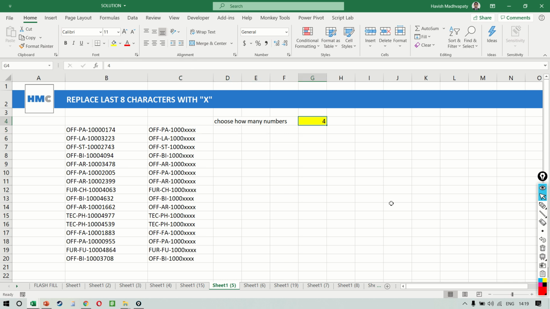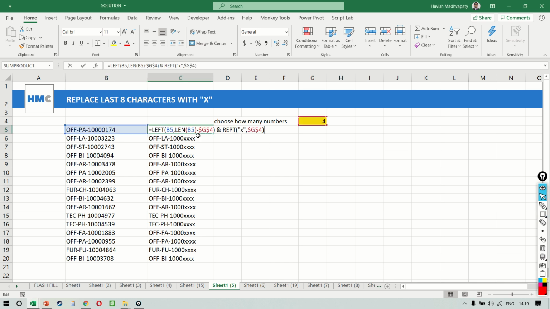So you notice that if I keep the value as 0, then it returns the same result to me. If I make it 1, then the same result is shown except the fact that the last number has been converted to an X. And if I make it 4, then it shows me from 0 all the way up till 1000 and the last 0174 has been made into an X like this.